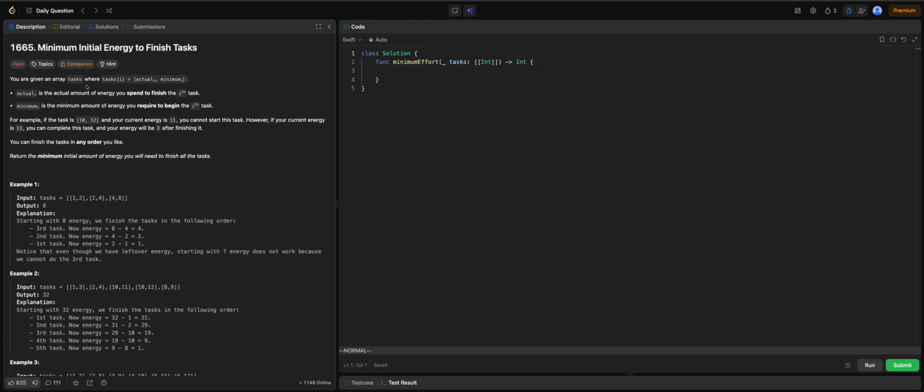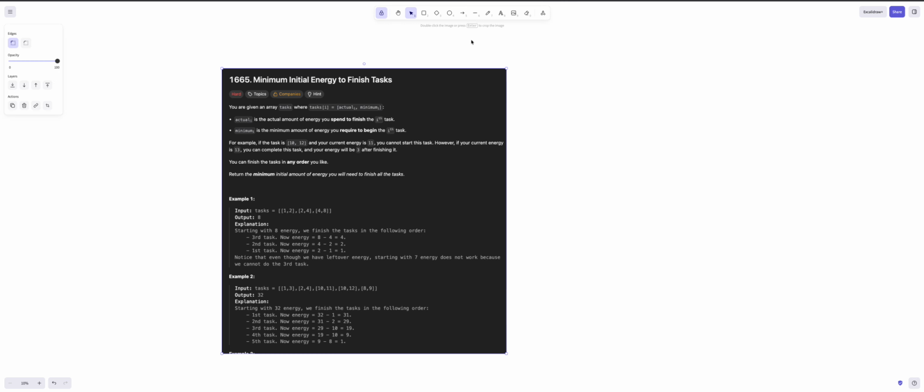So we are given the tasks, where each task is an array of two indices. One is actual and the second one is minimum. The actual is the actual amount of energy that we need to spend to finish the task, and the minimum is the minimum amount of energy we require to begin the task. So let's consider like we are just